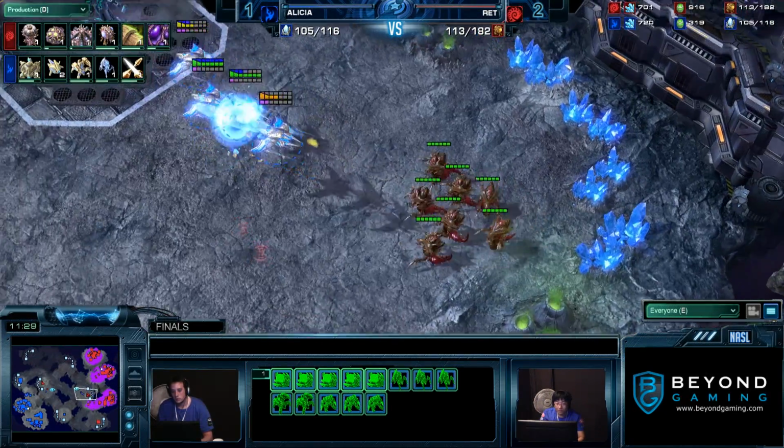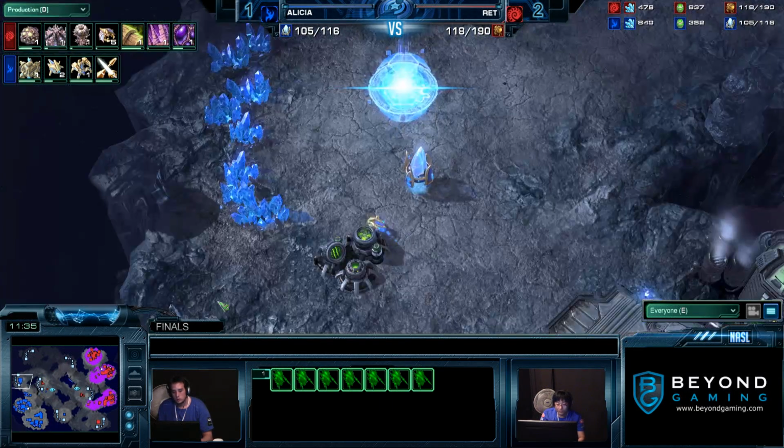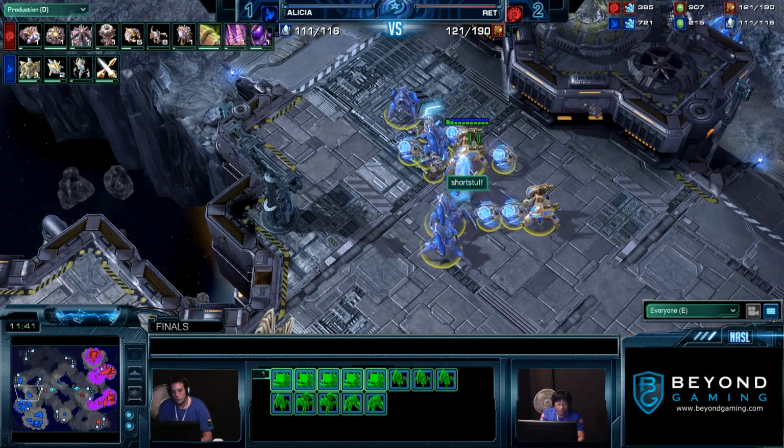But it's flying directly over the Hydras. Ooh. And does manage to lose one, almost lost two there. Third base is going down for Alicia, as we were talking about before,